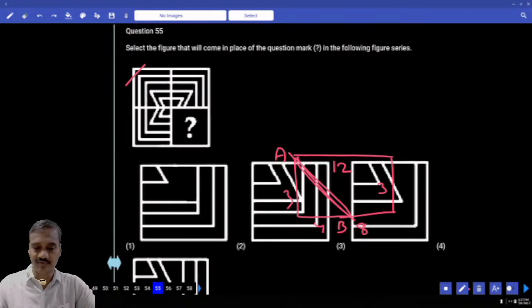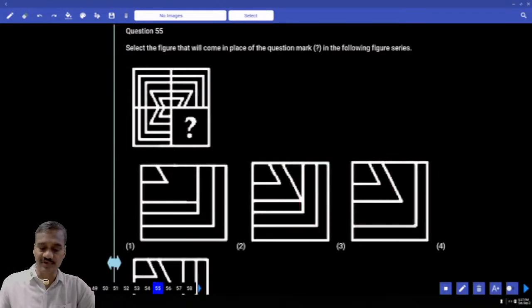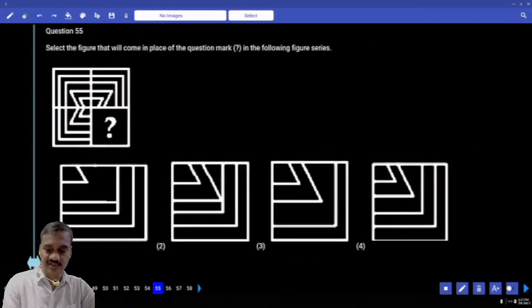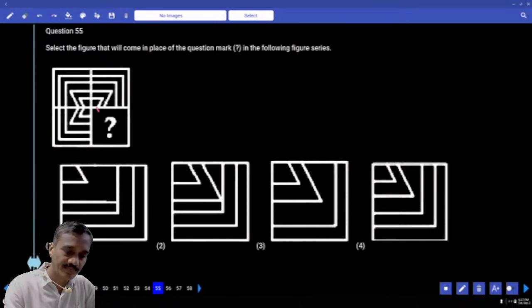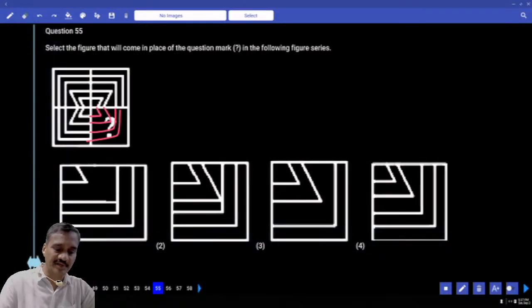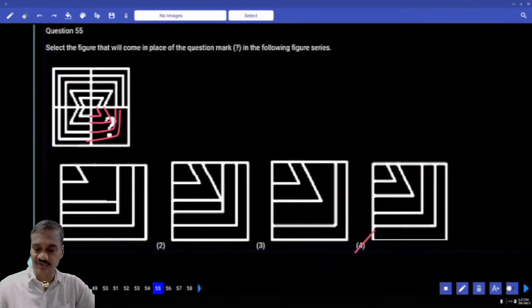Then 55. Now in this question number 55 we need to find out the figure that is embedded into this one. First and try to complete the figure. Then again here again, and this is square and this is another square. Now cheppandi ekkada undi manaki? As choice 4 is the answer.